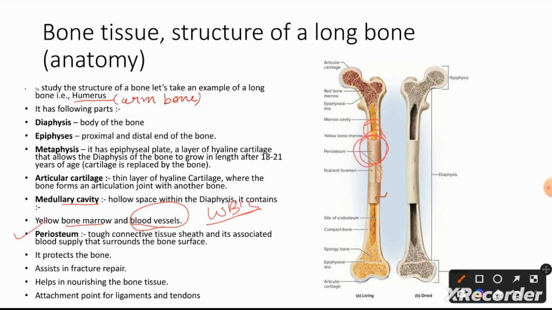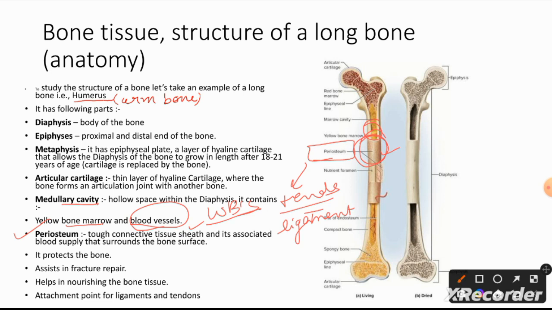Then the periosteum. The periosteum is the upper covering of the bone that results in the formation of tendons or ligaments, or we can say that it attaches the bone with tendons and ligaments. It consists of a tough connective tissue sheath, and this connective tissue will supply blood vessels to the bone. So its main purpose here is that it will supply blood to the bone